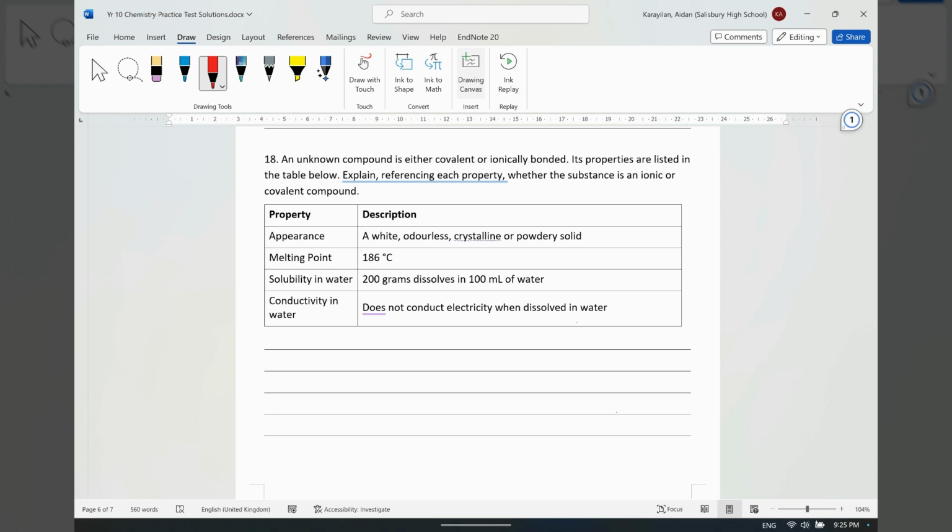Now, as I said before, we did a task where we looked at a whole bunch of substances that were covalent and ionic, and we found that there were some general consistencies between covalent substances and ionic substances. Now, they're not completely true, not true for every single covalent or every single ionic, but that's why we're going to build up some evidence so that we can make a final statement about what this substance might be. So I'm going to start with ionic. So ionic substances, when it comes to appearance, often crystals,